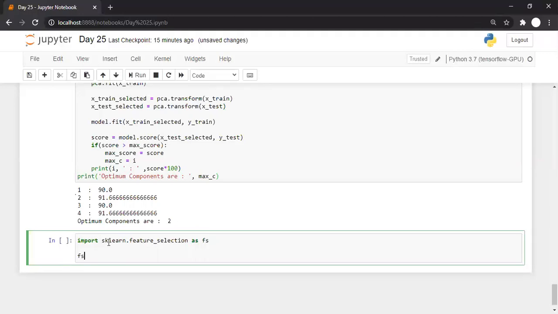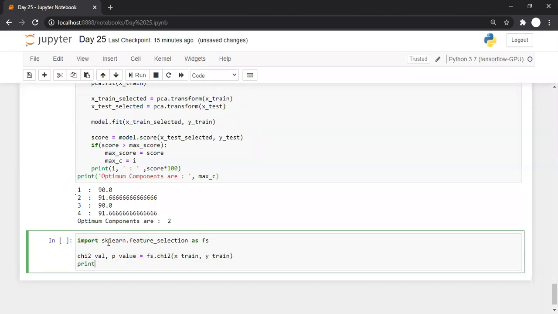So we'll use fs.chi2, the chi-square function, and to this we can pass x_train, y_train, and the values we will receive over here are the chi-square values and p_values.